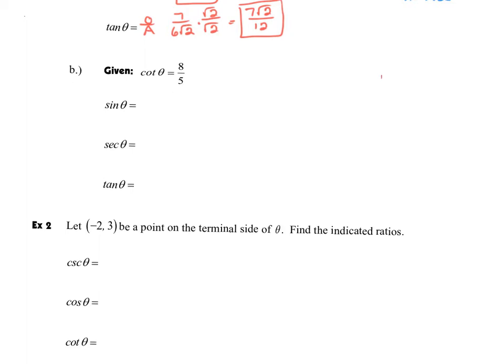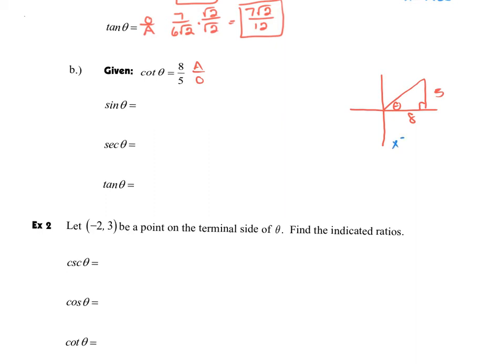So we can come over here and quickly draw in our triangle. Since it's an acute positive angle, I know it's going to go right there. I can fill in my theta. Cotangent, of course, is the reciprocal of tangent, so it's going to be adjacent over the opposite. So the 8 is going to go here and the 5 is going to go here, which means I can quickly do